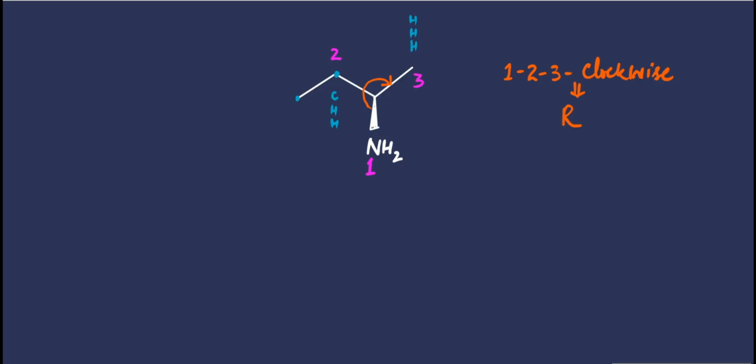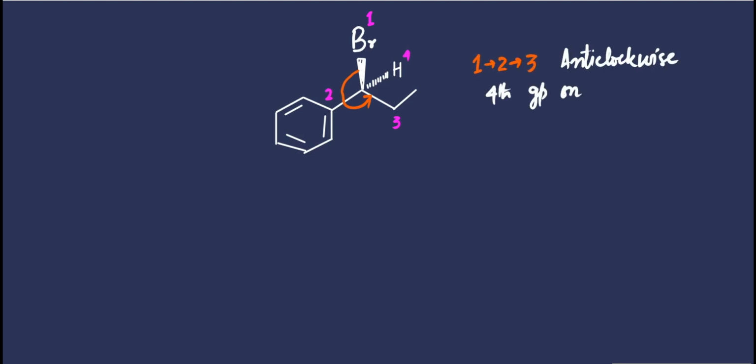R. In this case, bromine gets number 1, phenyl ring carbon gets number 2, and methylene carbon gets number 3 priority. Since bromine is on wedges, therefore, fourth group not shown here must be hydrogen on dashes. The arrow from 1 to 2 to 3 moves anticlockwise, with group 4 on dashes, hence the absolute configuration is